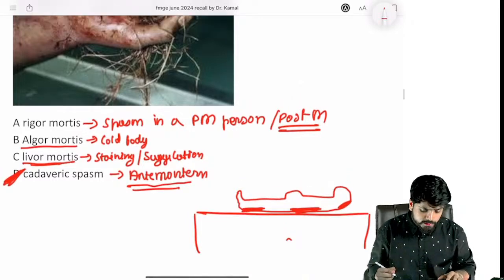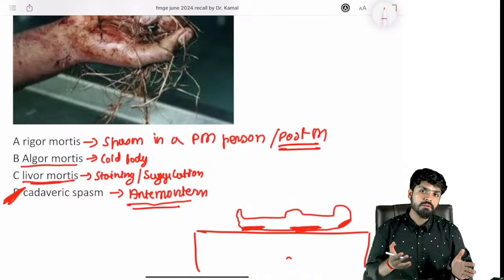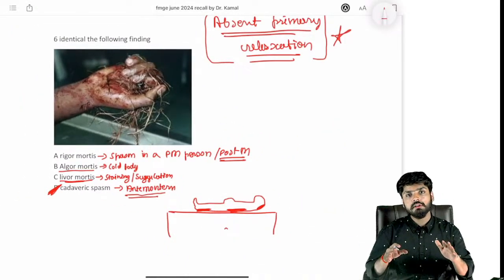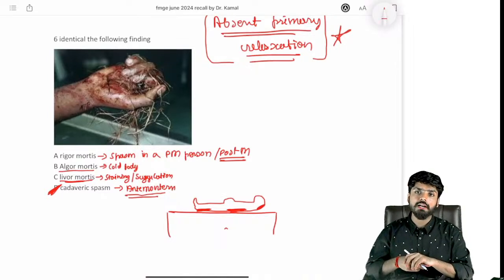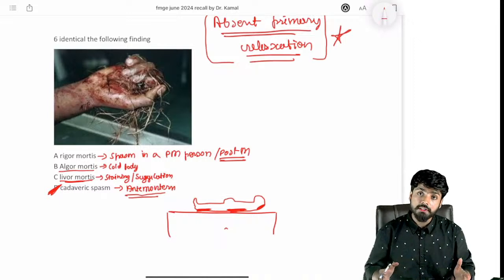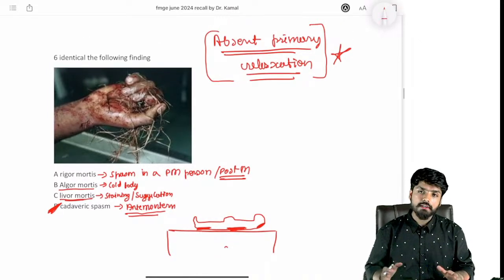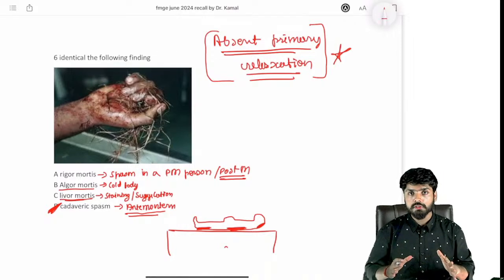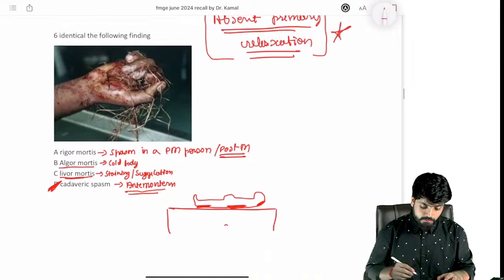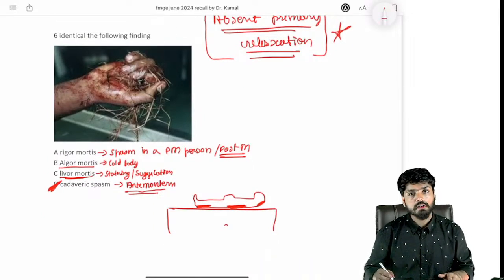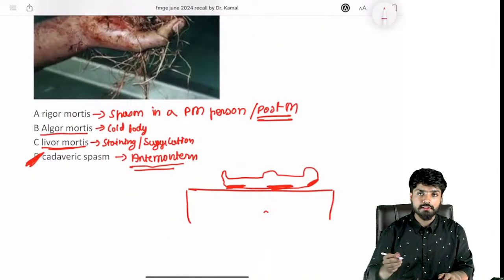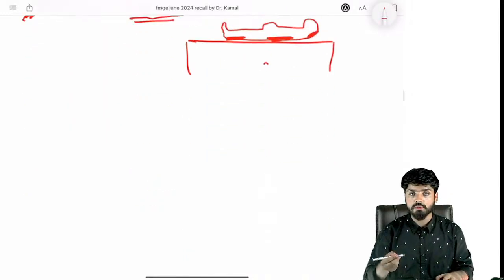Some of the questions, maybe you remember, maybe we don't remember. That's the main thing you have to understand. There are some parts that we have to give away for the recall. Some questions can be different, some can be there or not be there. But at the end we are trying to accumulate as much information as possible so that we can come as close as possible to the real exam and prepare accordingly. All these topics we have clearly already discussed in class, and now also we are discussing. That's why I'm not telling you the answer straight away that this is the cadaveric spasm. Okay, done, let's move ahead.